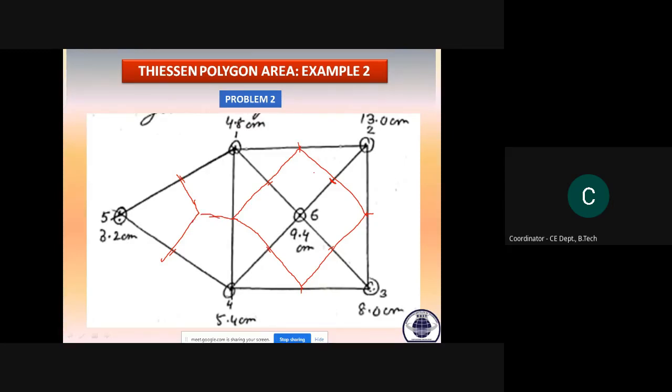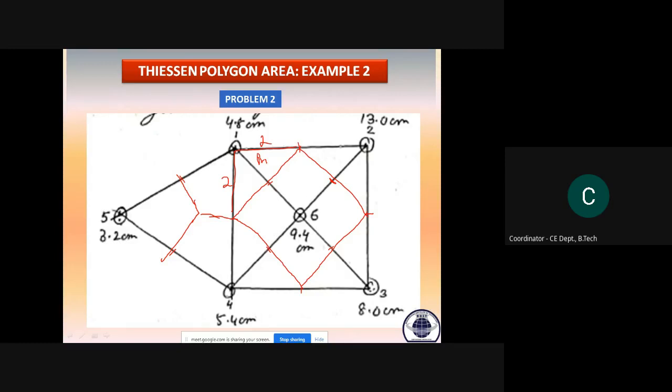Everyone done? Okay. Now we have to find the area. Now find area for A1. Suppose this is your A1. We can use formula, or you can derive it here itself. If this distance is how much? I said 4 kilometer. Then what is this distance? This is 2 kilometer, right? This is also 2 kilometer. This distance and this distance is 2 kilometer, right? So what is the area of this triangle?